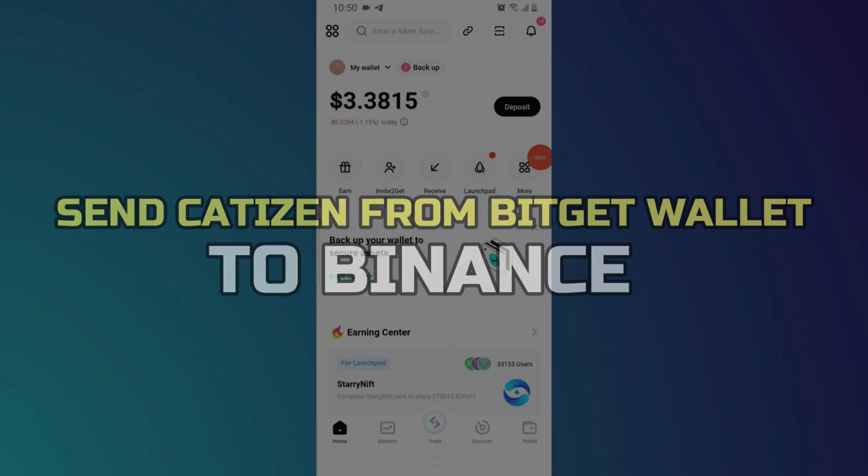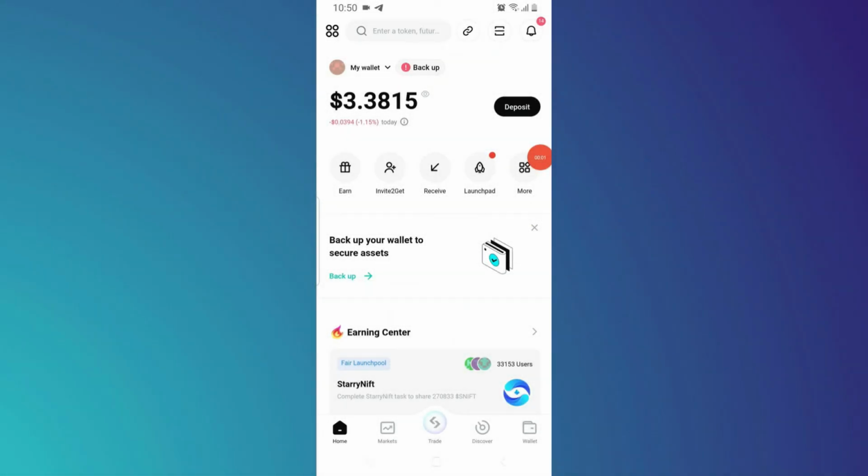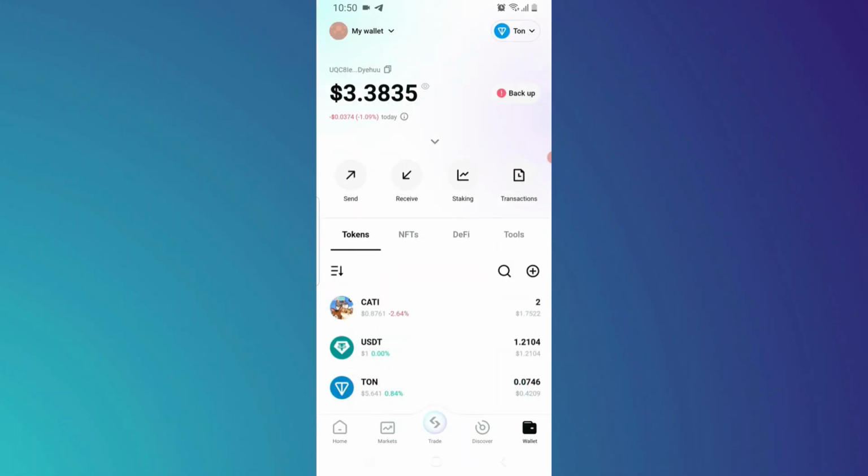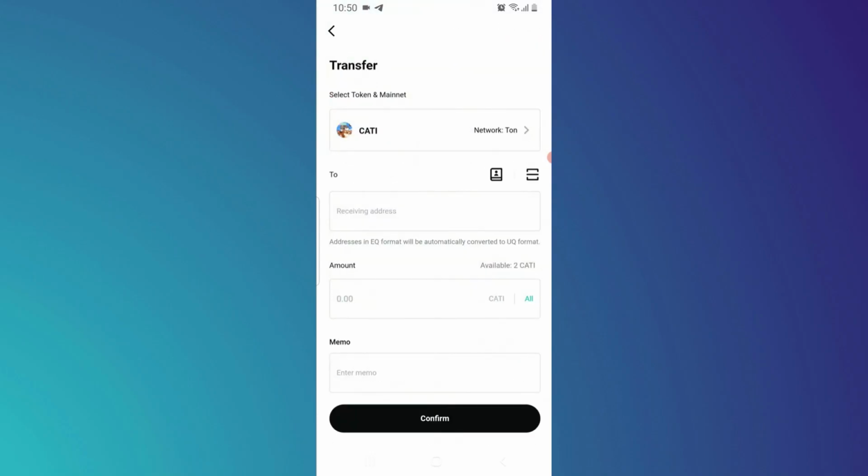Alright, let's begin. First of all, open the Bitget application on your mobile device and tap on Wallet. In the token section, make sure you have available Cati coins and are ready to send. Now tap on it, then tap on Send, and in the receiving address field, we need to copy our Cati